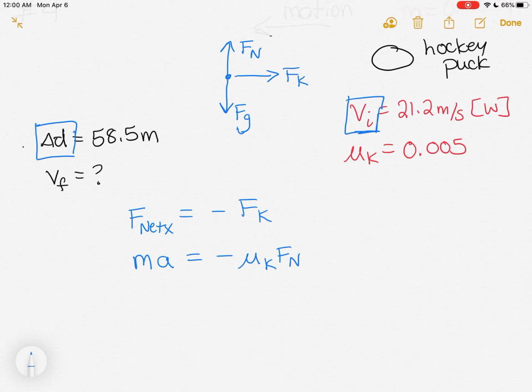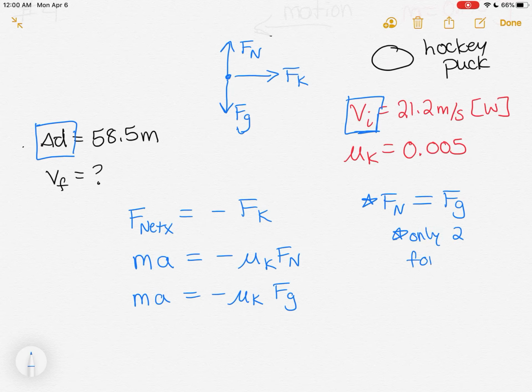Okay, and we're going to keep substituting in until we get to a point where we have the values that we know so that we can find that acceleration, because I currently don't know Fn. So we have our ma is equal to negative mu k Fn, and since we're looking at it on the y-axis, it's actually equal to Fg. Now, as an aside here, Fn is not always equal to Fg, but it happens to be equal in this case because there's only two forces on the y-axis